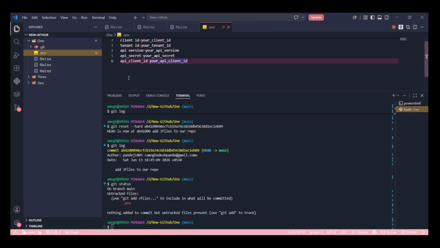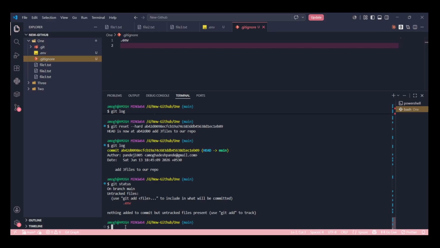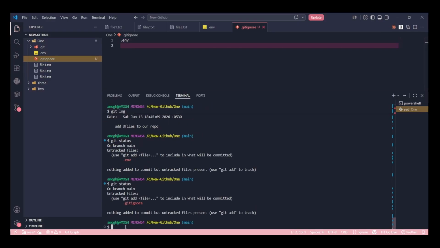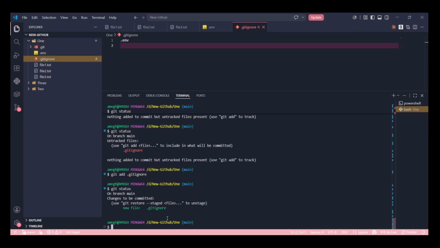Now let's do that again. I'll create one more file, .gitignore, and I'll add the .env file there, and I'll run the git status command again, and it says there is one file called .gitignore which you need to commit. Now I'll run git add .gitignore, and I'll run git status again. Now .gitignore is in the staged area.